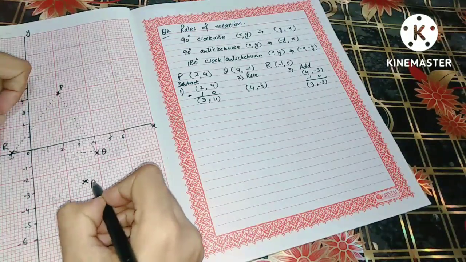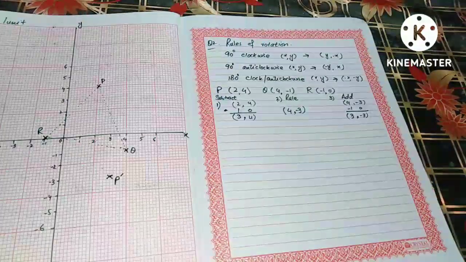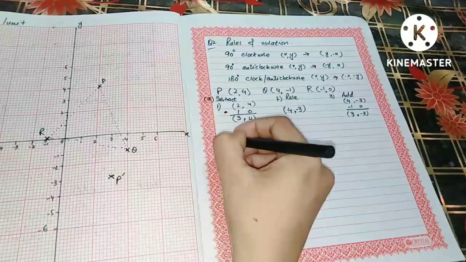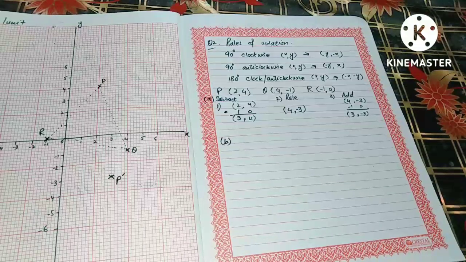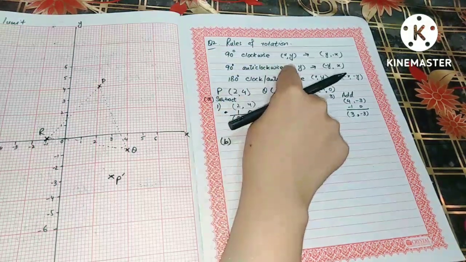So this is P prime. It means that this is your rotated point. Now come to part B. This was part A. Now come to part B. Part B is you have to rotate the point Q under an anti-clockwise rotation